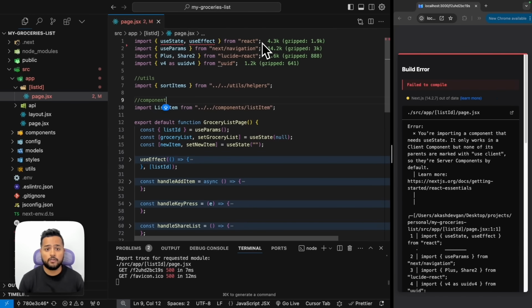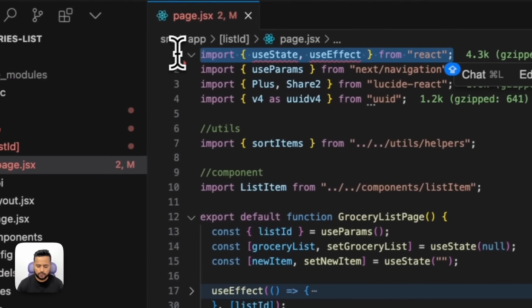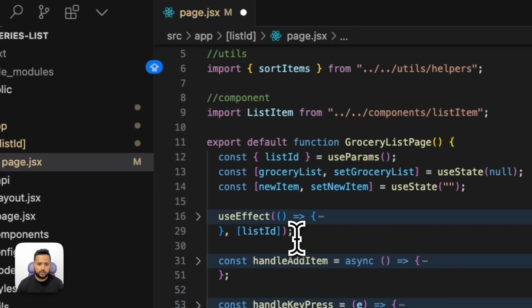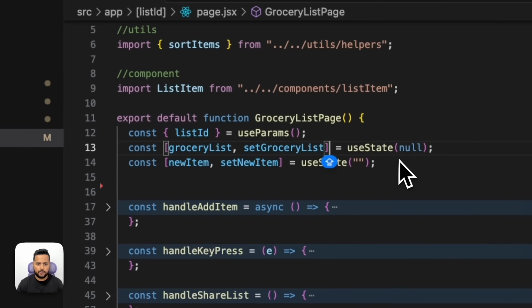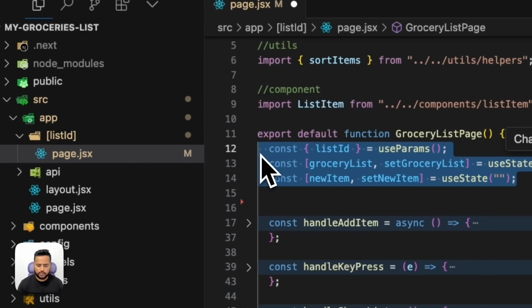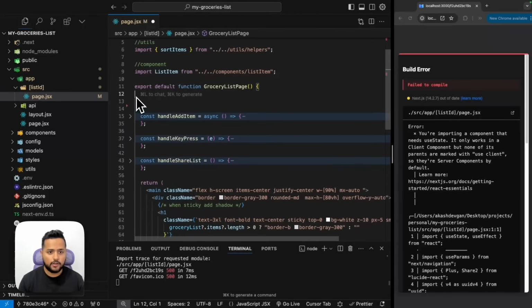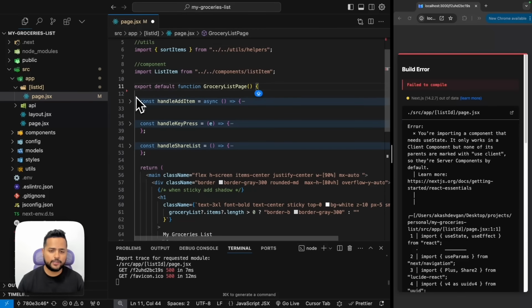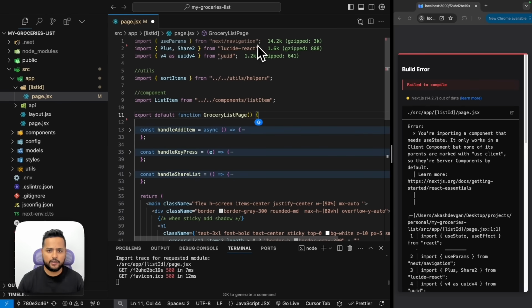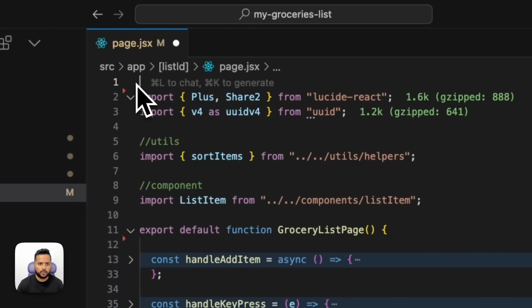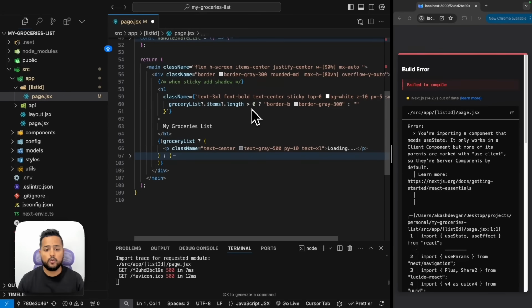So I'll have to get rid of the state or any of the useEffects that I'm using or any event listeners that I have. So let's go ahead and do that. I'll get rid of this, and I cannot have useEffect, and I have to get rid of all these because I cannot use any hooks. Get rid of those as well. I know it's a bit weird to get rid of all the state related stuff because that's what React is known for. And last, we have to remove all our client components or interactive components that we'll be separating out